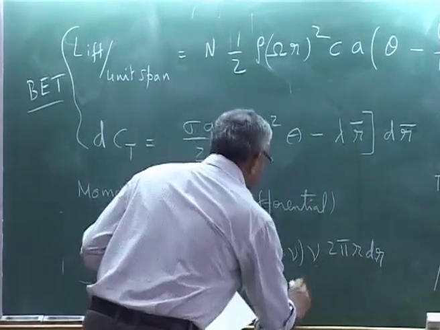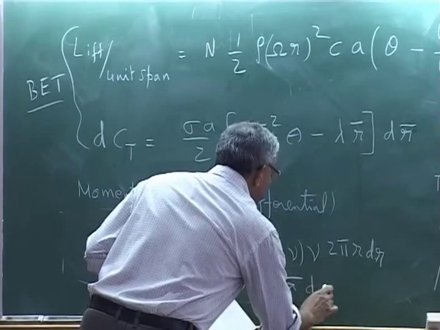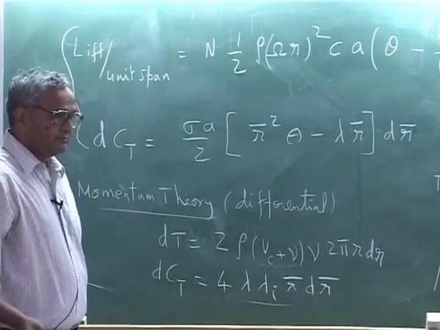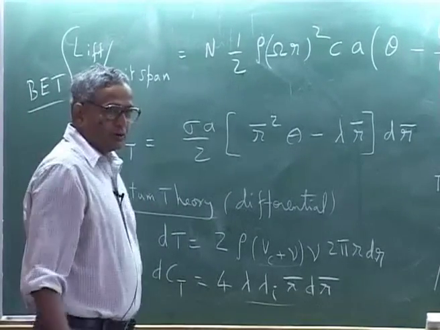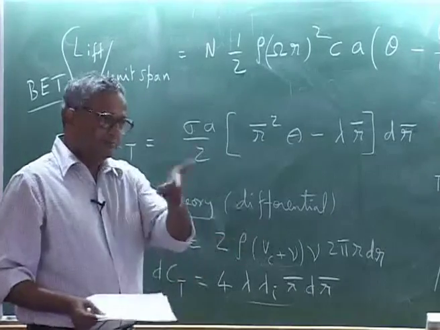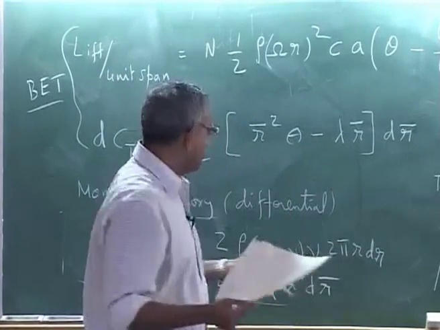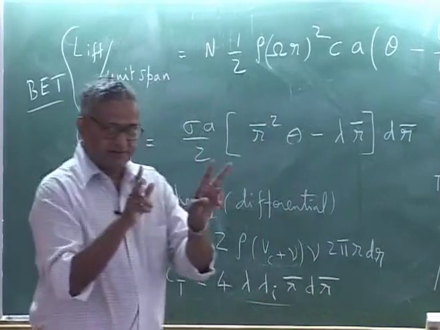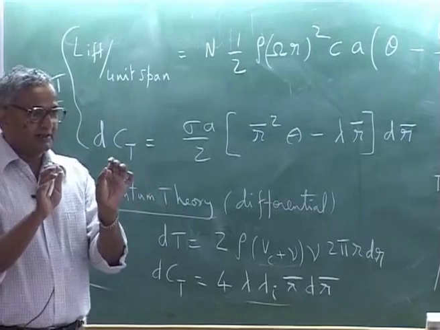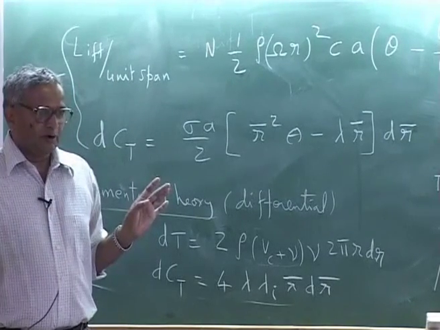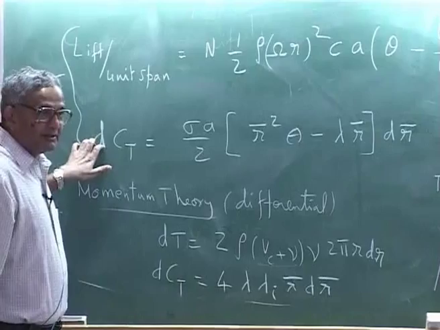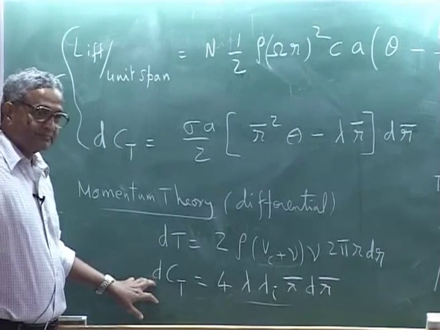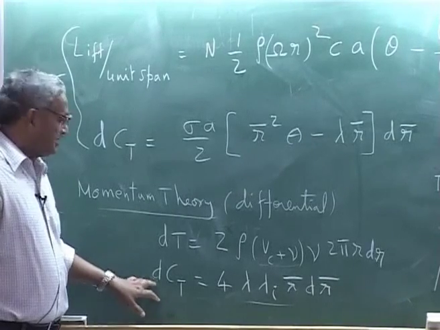Okay. Then r bar dr bar, because non-dimensionalized rho pi R square omega capital R whole square. Now, you see I have 2 expressions for the differential thrust coefficient, one from blade element theory, one from momentum theory. Okay. Now, I simply relate